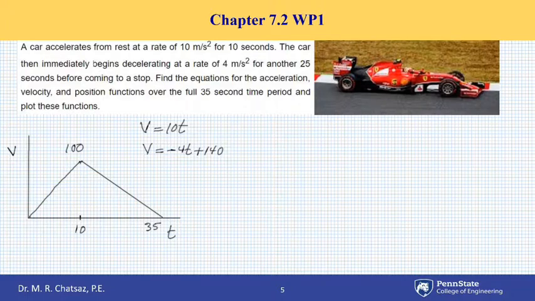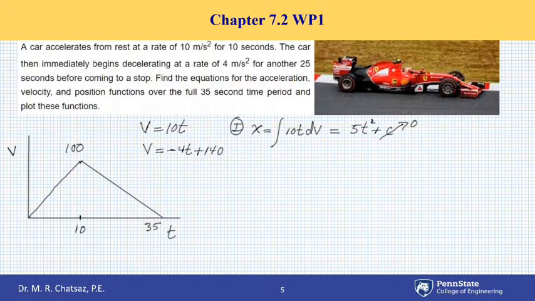Then if I integrate velocity, 10t dt for the first part, I get 5t squared plus some constant of integration, and since it begins